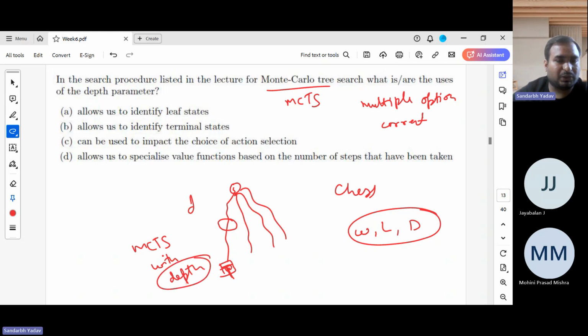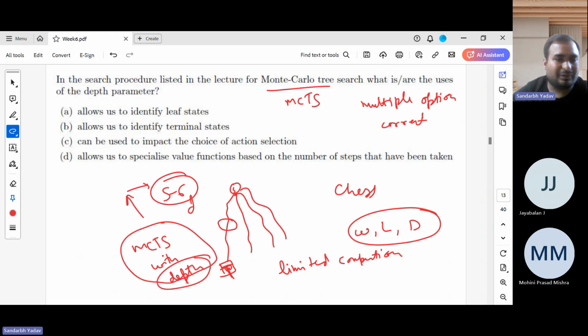This depth factor is important because if we have limited computation, we don't have the resources to compute all the way till the end. So we can compute till some depth, and on the basis of that, take the best action. This usually happens with human beings. If human beings are playing chess, you don't think till the end about how you will checkmate the king. You maybe think a few steps further, like if you move your pawn up, your rook will move in some direction, and then you will do this, maybe 5 or 6 steps. So you plan 5 or 6 steps ahead. This is the importance of the depth factor.